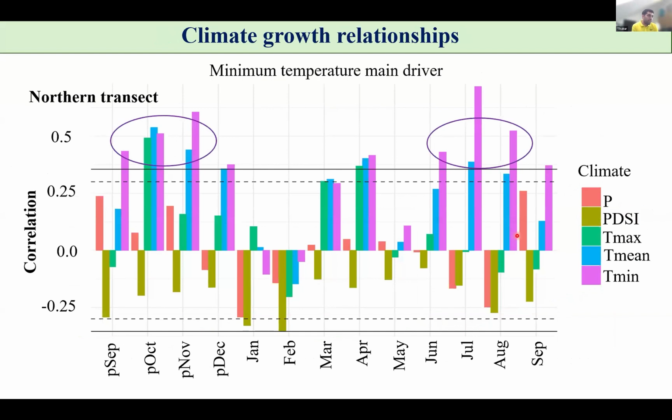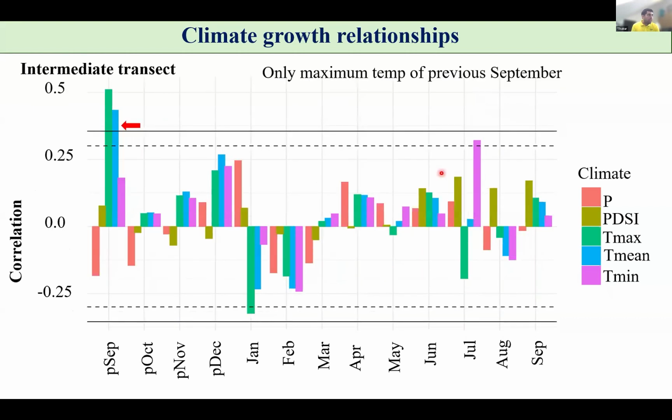And when we analyzed the climate-growth relationships, we analyzed by combining all the populations together from each region and also individually. So here I am showing all the populations from the northern transect, that is the coldest and the driest one. Here we can see that the monthly minimum temperature of many months is positively correlated. So we can say that minimum temperature is the constraint which is restricting plants from growing more, specifically in this